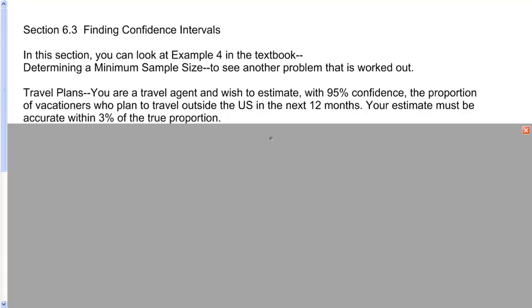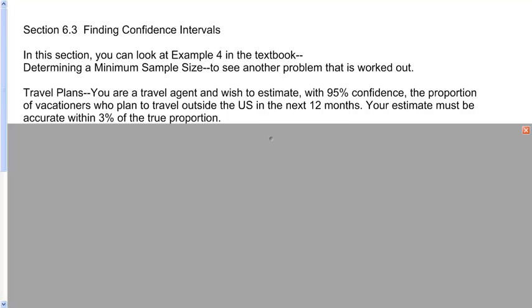This is section 6.3, finding confidence intervals, and I want to go ahead and tell you that you can find another problem like this one in this section, example 4, and it's about determining a minimum sample size. How many samples do you need to have a decent proportion? And so you can look at that one also,